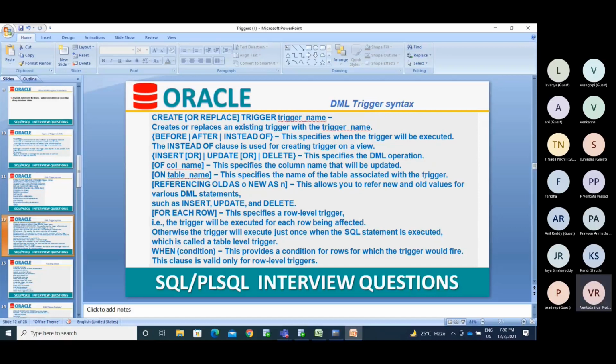Okay, so referencing old as O, new as N. This allows you to refer to new and old values for various DML statements. While inserting data into the table, you will have only new data. If you are updating, you may have the old and new.